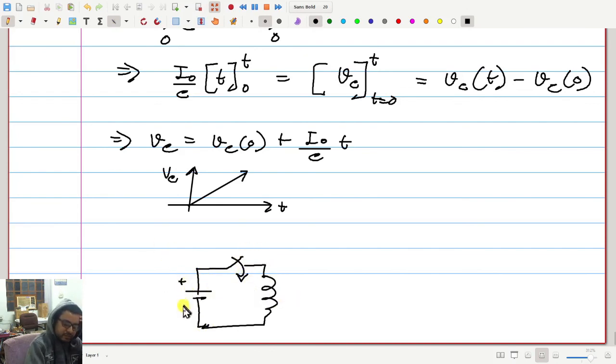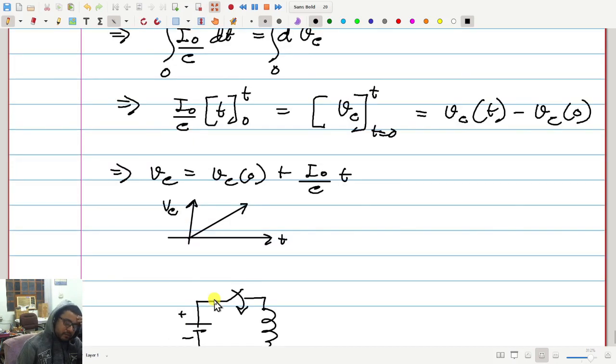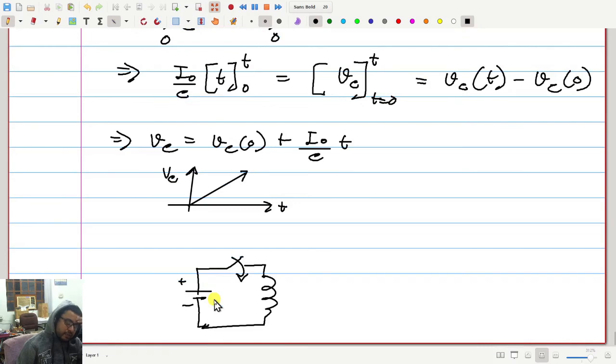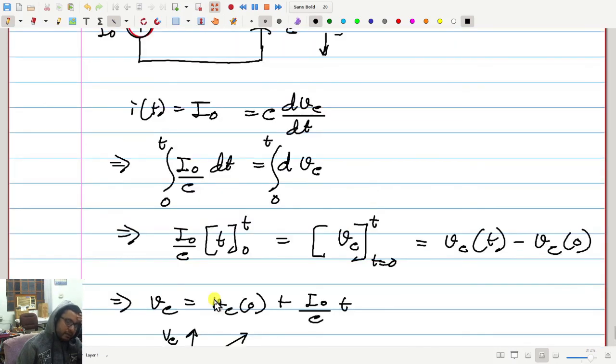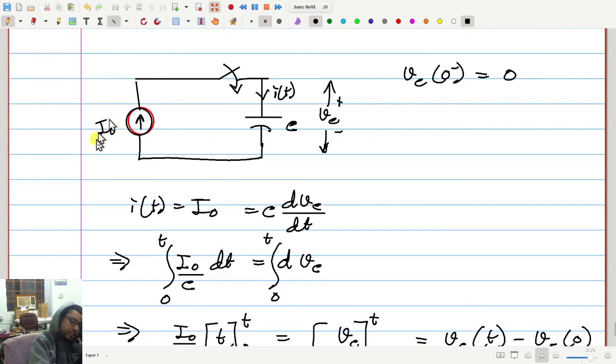Sir, but here power is being created. Power in which source? In either case, power is delivered by the current source. Yes, power is supplied, or sorry, delivered. Yes, sir. Okay, because the voltage here is always positive or 0, and current is also positive.